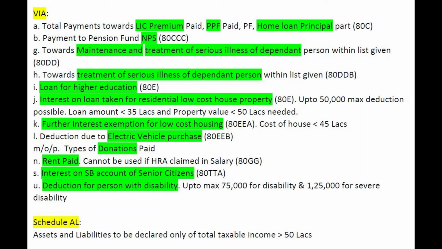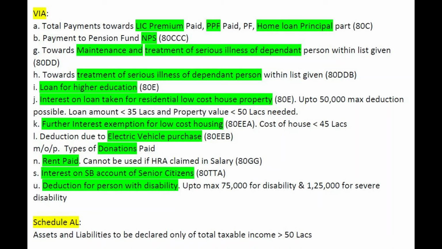Next we go to the worksheet 6A. Here the total payments made towards LIC premium, PPF, PF and home loan principal can be entered under section 80C. Payment made towards pension fund NPS can be entered in B under section 80CCC. In G,